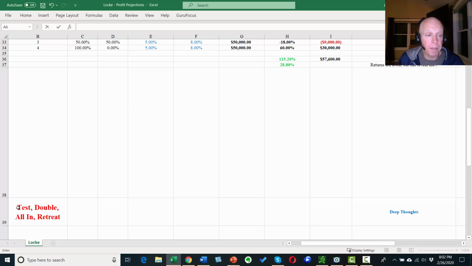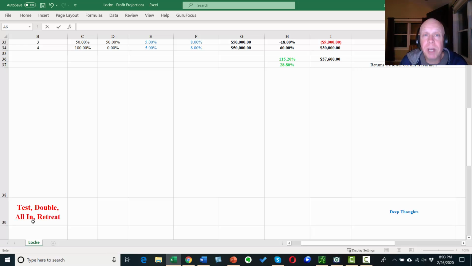But if the test goes well, they eventually double their trading capital. And as they double their trading capital, again, if things go really poorly, a lot of times they'll just completely exit and move on. But say we're in one of those periods where the trade does well for, say, 6 months or 8 months or 12 months or even longer. Eventually, they get very confident in that, and they do what I call going all in. They don't really think about the losses. They don't think about their position size. They just kind of get excited about what's going on and, natural human things, and they jump all in.